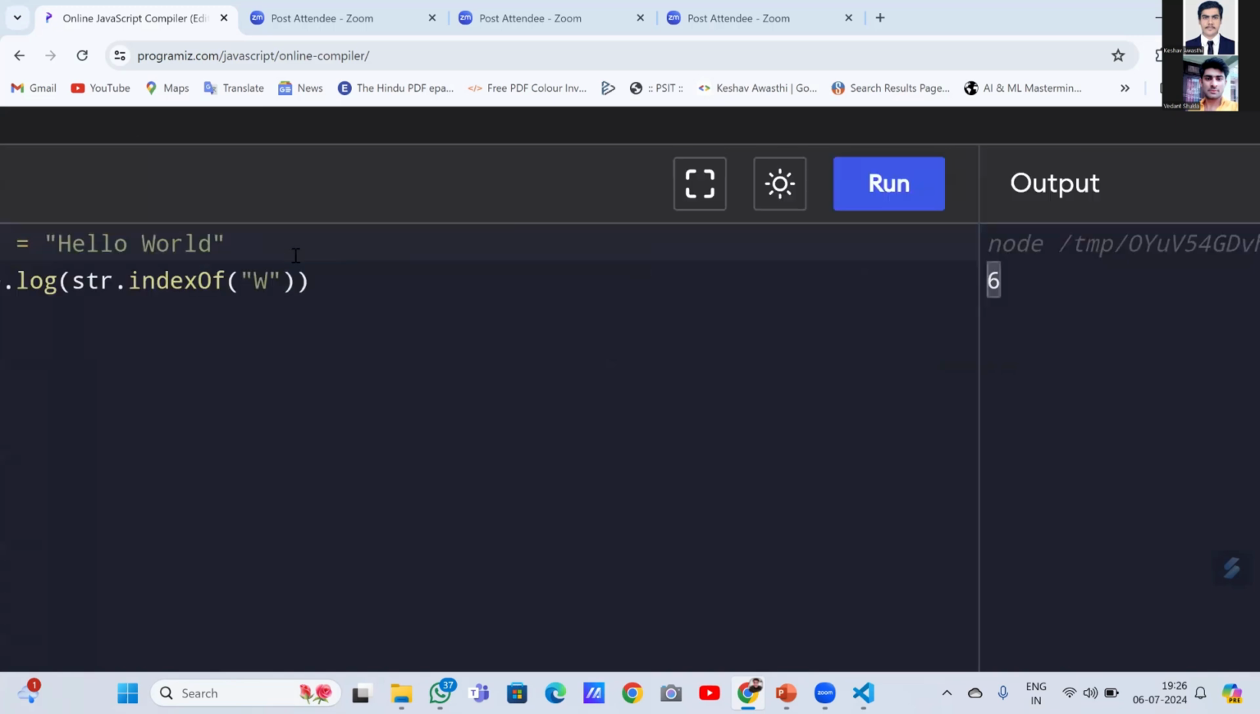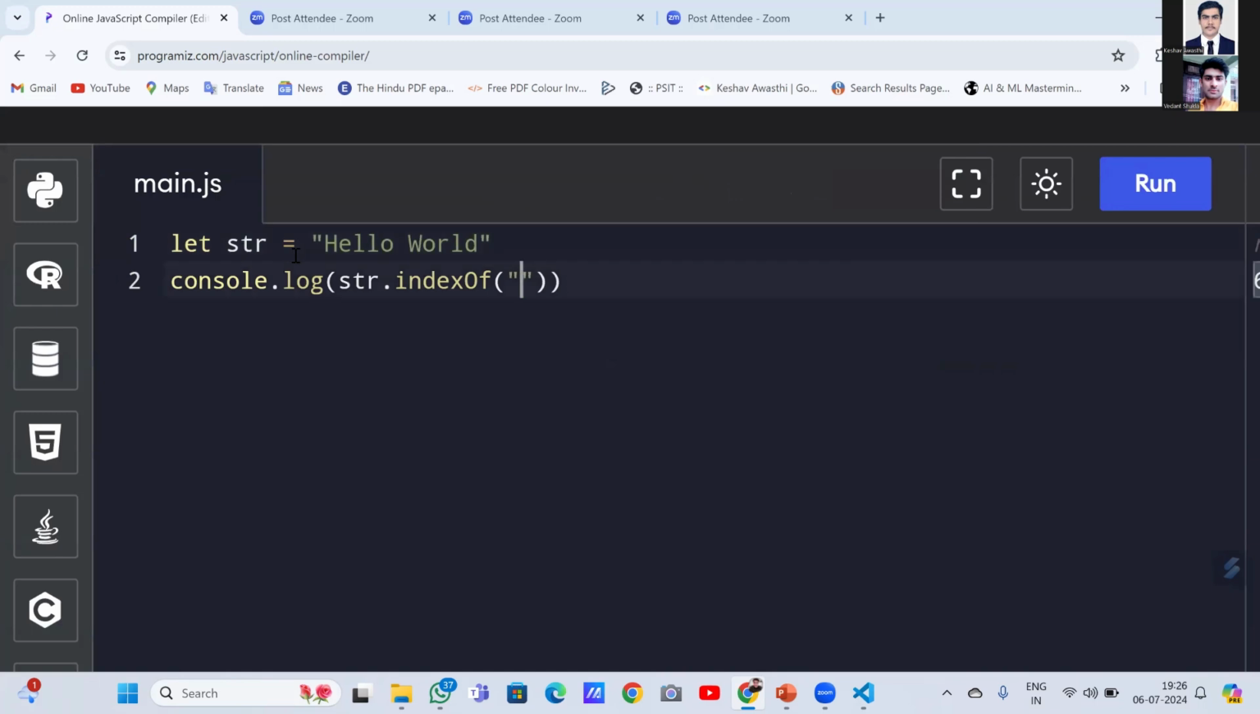If I do not get any character which is there in the string, then at that time I will get that index value, which means